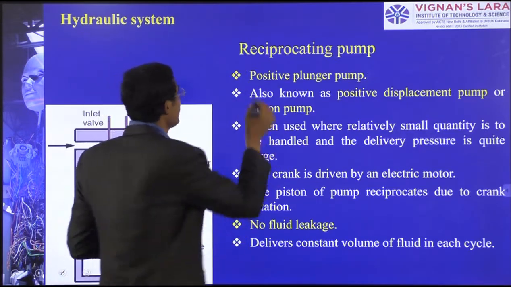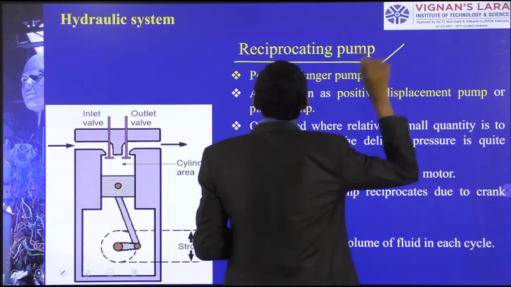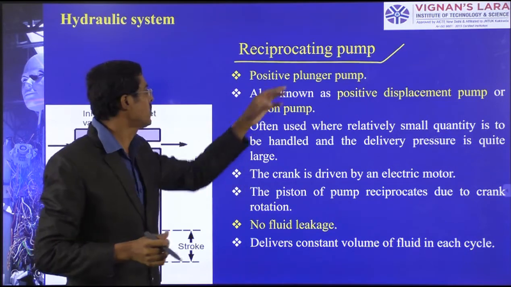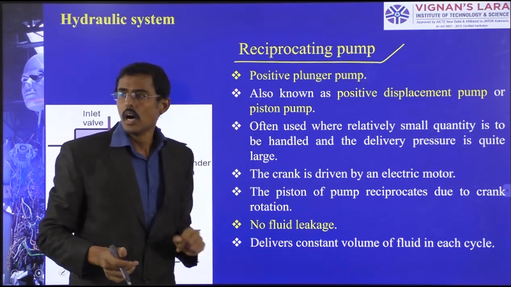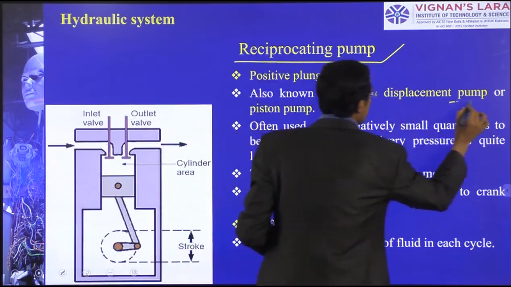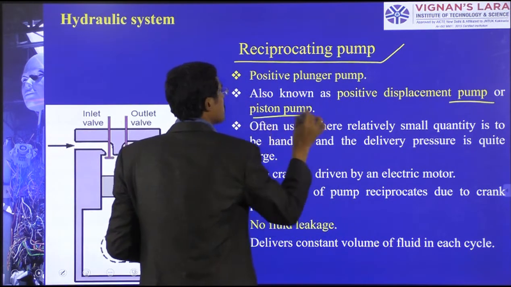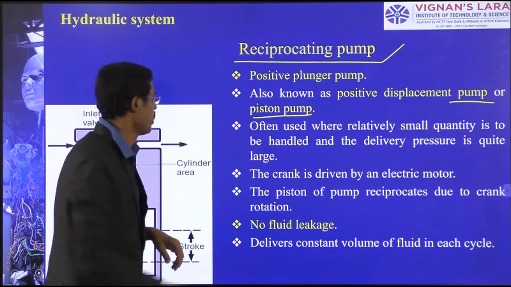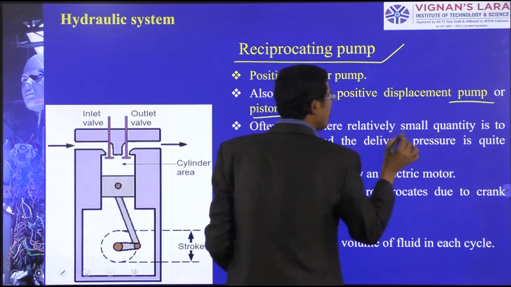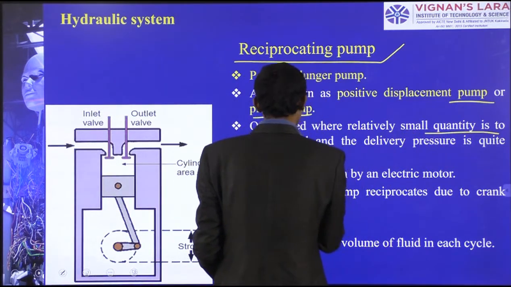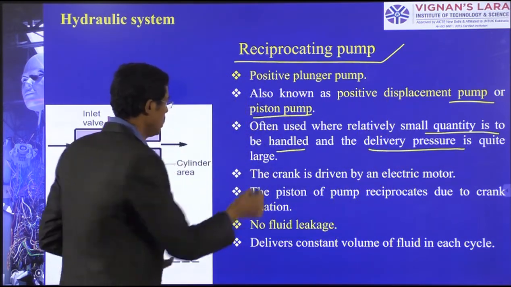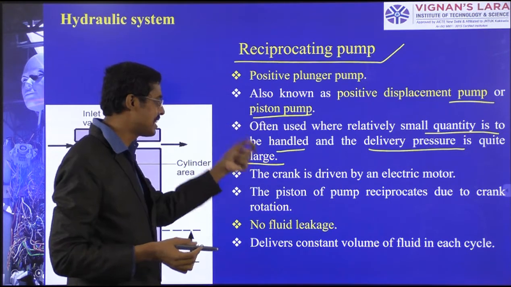The reciprocating pump, a positive plunger pump. We are naming it a positive plunger pump, also known as the positive displacement pump or the piston pump. It is often used where a relatively small quantity is being handled and the delivered pressure is quite large. The crank is driven by an